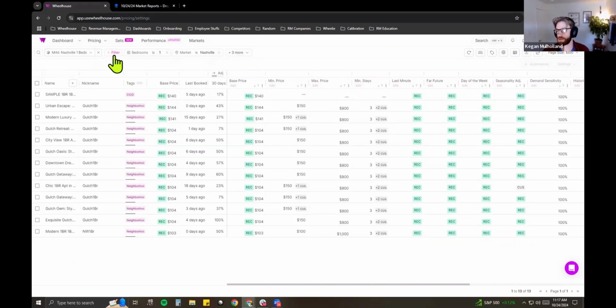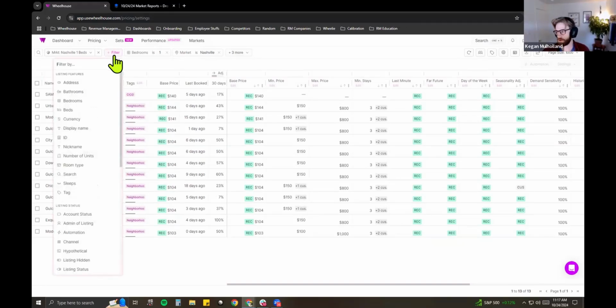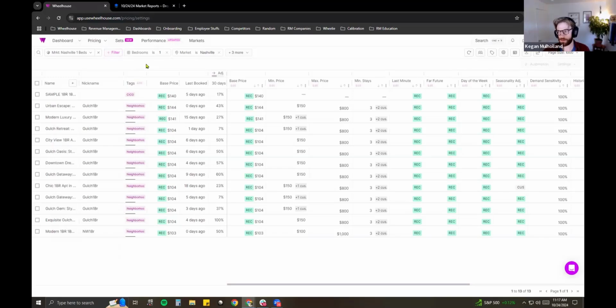So I'll give people a couple of seconds to catch up and choose some filters if you're following along. But again, this will look different for everyone. Once you've selected your filters, you'll want to save that as a segment, because when you come back to the page, if you don't save this as a segment, it won't be there. Those filters will be gone.